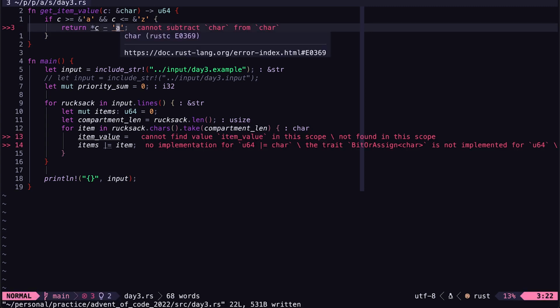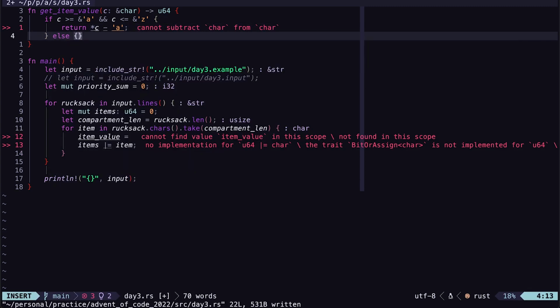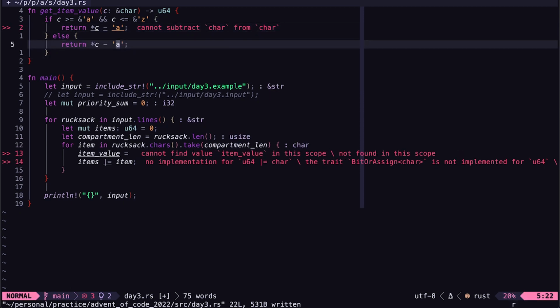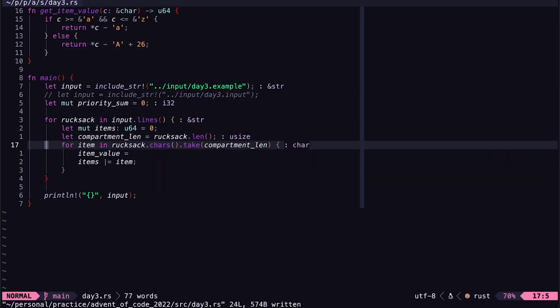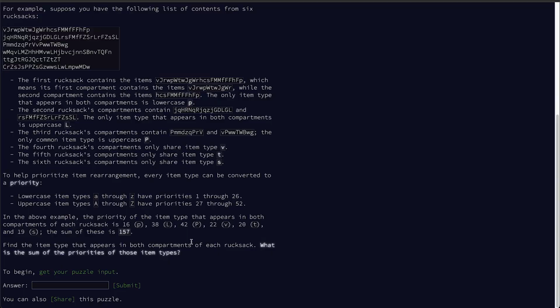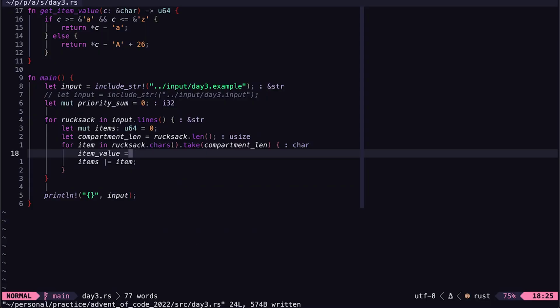Or can you? Anyways, I'll deal with this later. Plus 26. That's in char. In Rust, chars are kind of weird. I need this to be like ASCII. Okay, but assuming that works,